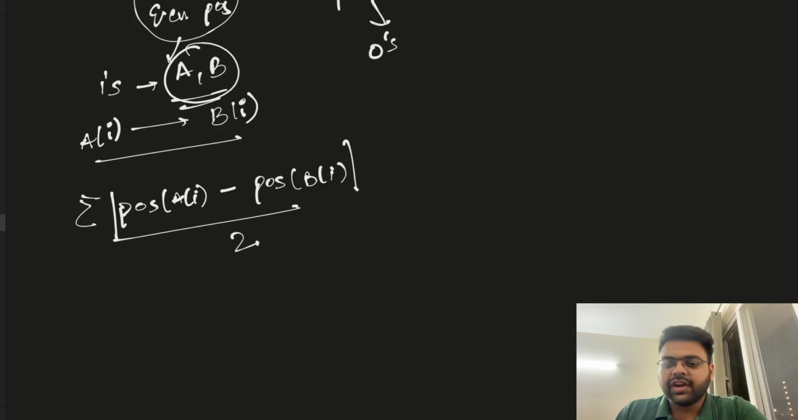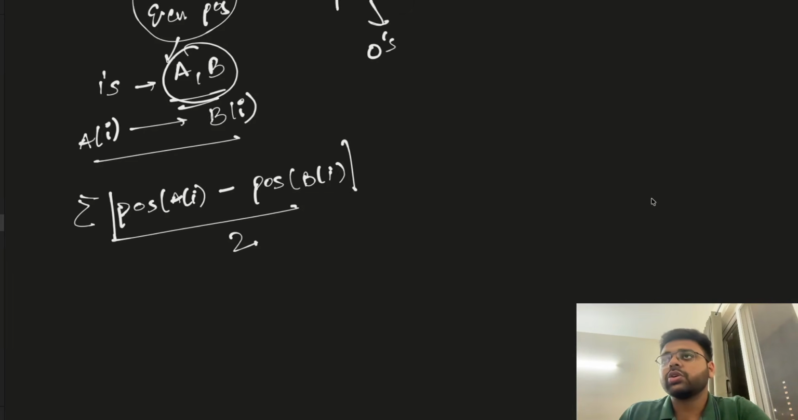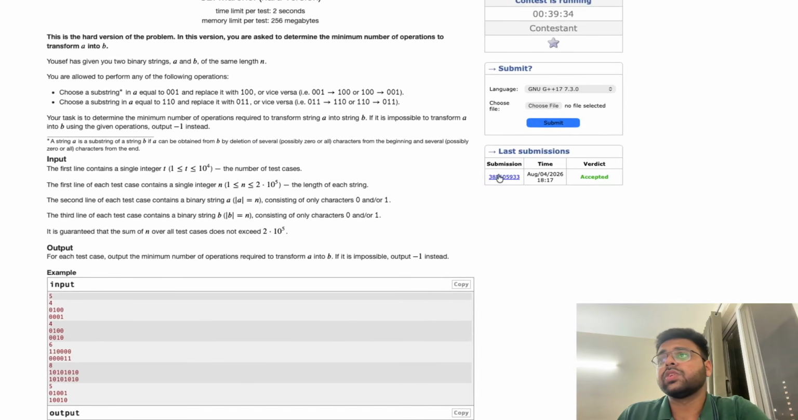So for even you will find the operation, and for odd you will find the operation, simply add them up, you will get the answer. Right, now let me show you the code for this. So if you see the code,